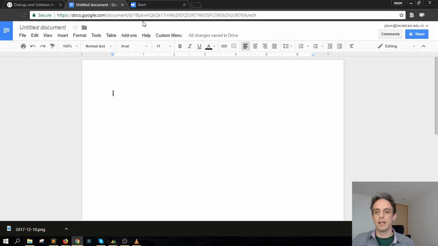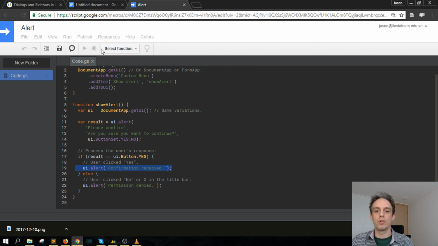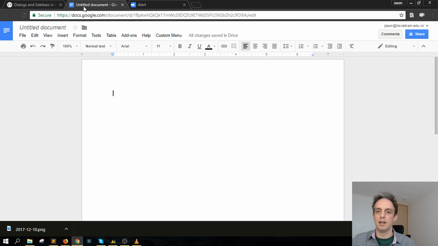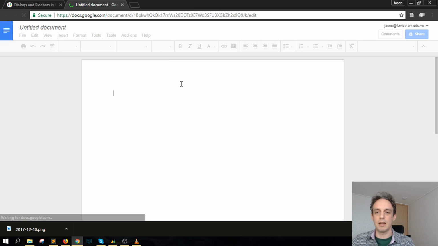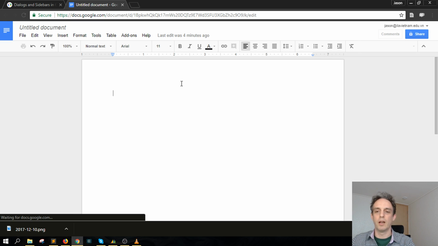And then what that looks like is, once you put this in, make sure that you at least once run that function, and it might ask you for permission. So you have to put your permissions in there and just accept it. Then in the document here, if I reload this, you can see already there's a menu item there, but it's saved to the document, so that when I open it up,